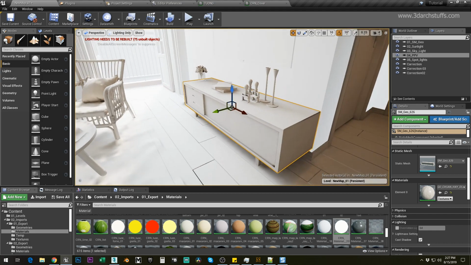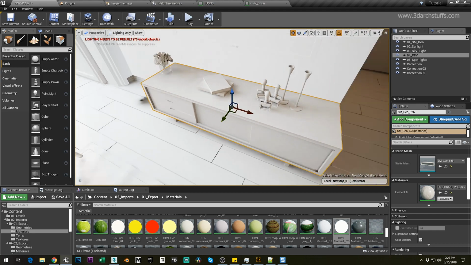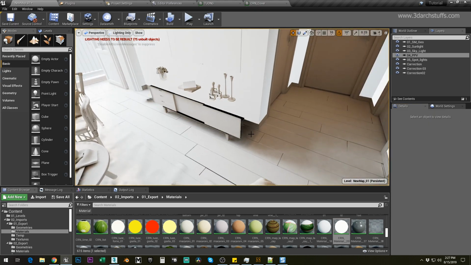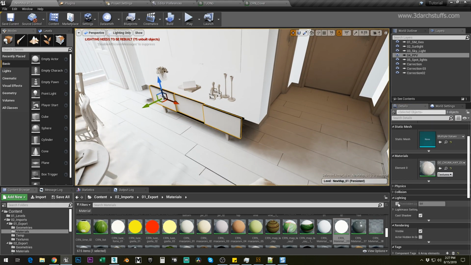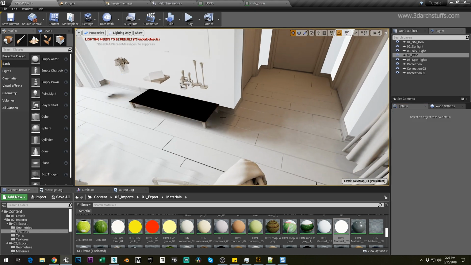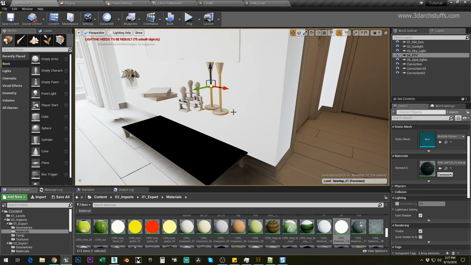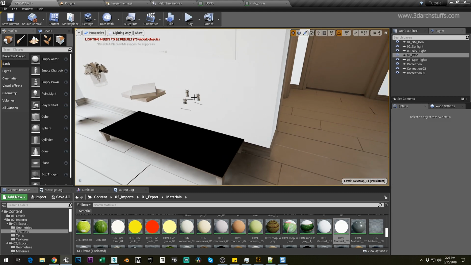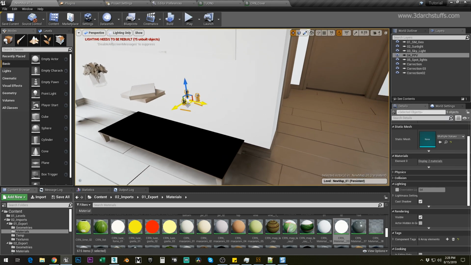And any objects that are receiving contact shadow and are in the main section of the scene, just go ahead and give 1024 light map resolution undoubtedly. And objects like this you can give 512. Select these and these and these and these and make their resolution to 256, and then again 256,